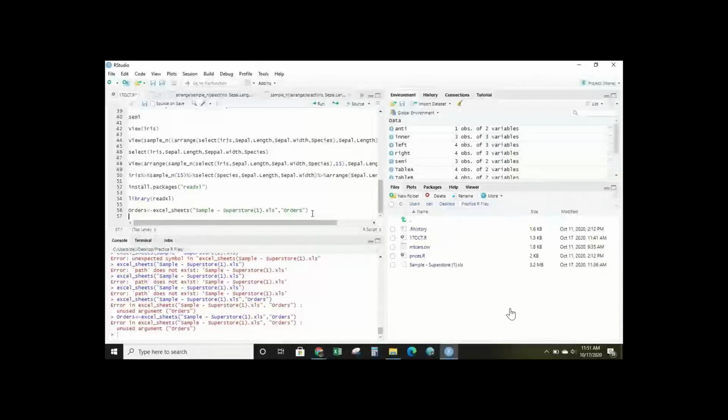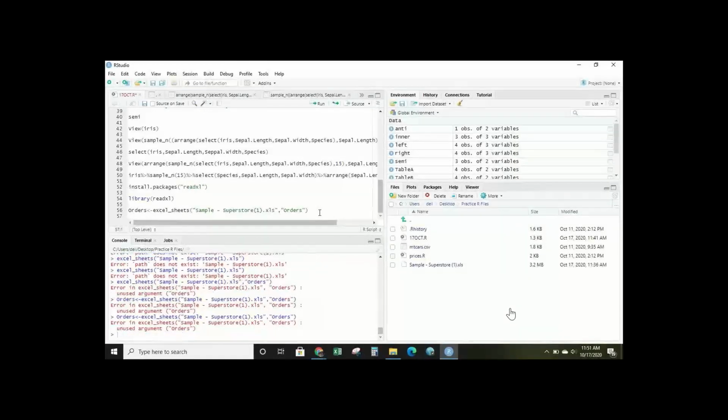Okay, now run this. Oh, O would be small, I guess. That would be the challenge. Just check that out. No, O is in capital.